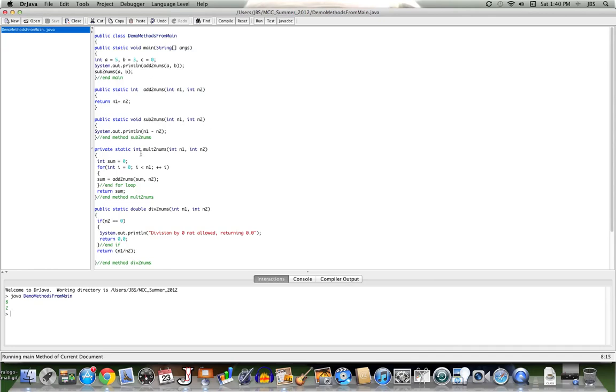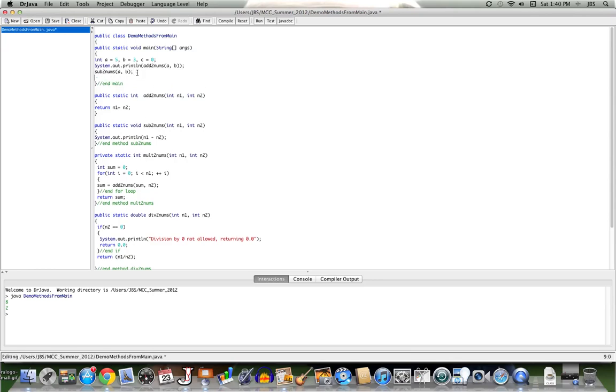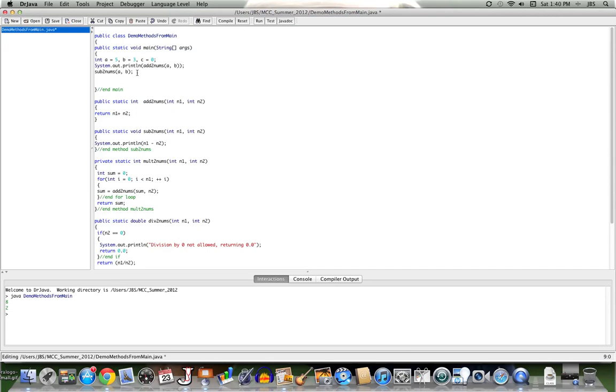So now let's call mult2nums. And mult2nums wants 2 ints passed to it. It returns back an int. And I'll call it and print out the value returned to the screen just as I did here. So I'm going to just copy this